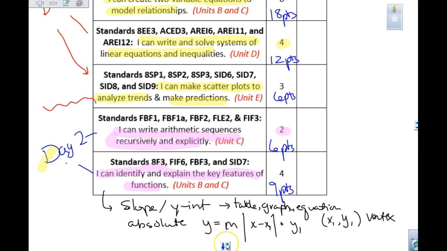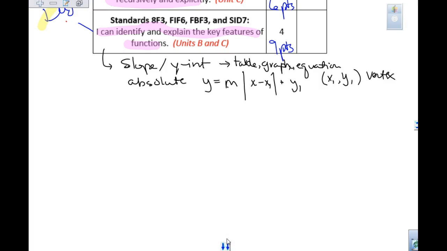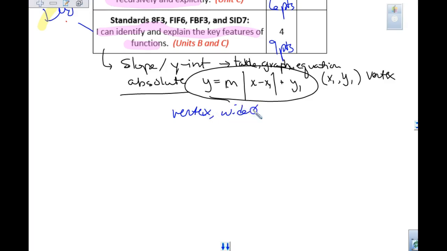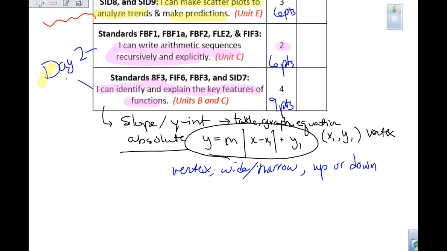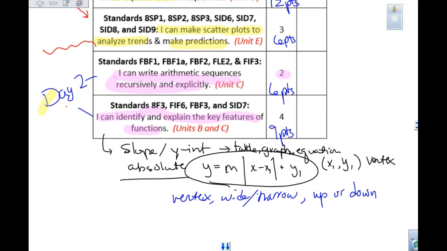So you're going to be asked questions about, well, what do you know when you look at this absolute value graph of this equation? What do you know? Where is the vertex? How wide or narrow is it compared to the parent function? And then you're going to be asked, is it going up or down? So kind of going back and reviewing those in your notes as you were looking at those, that kind of